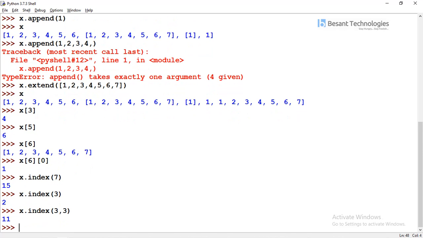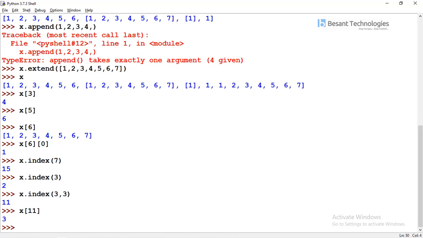So when you give x of 11, you will get the third index position. It won't count the 3 which is inside this list, because the whole list is considered as one index position. The full value is considered as a complete index, so it won't consider a separate value from within it.